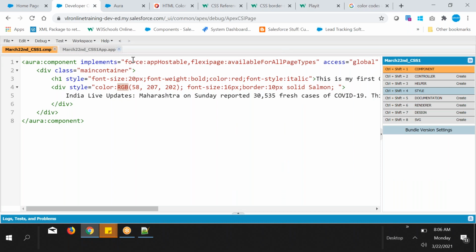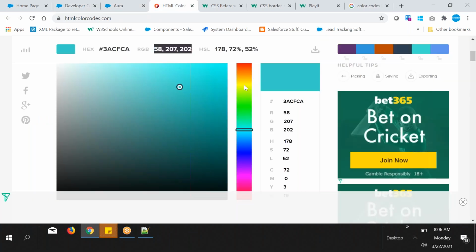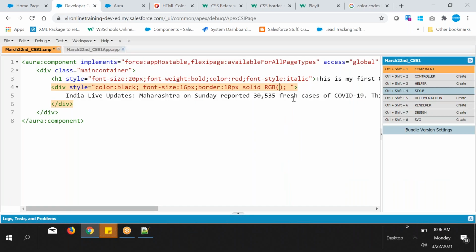Even background color also, if you want with RGB. So suppose black, and let's change background colors with RGB, and get any color whatever you want. Suppose, okay, copy this one inside.